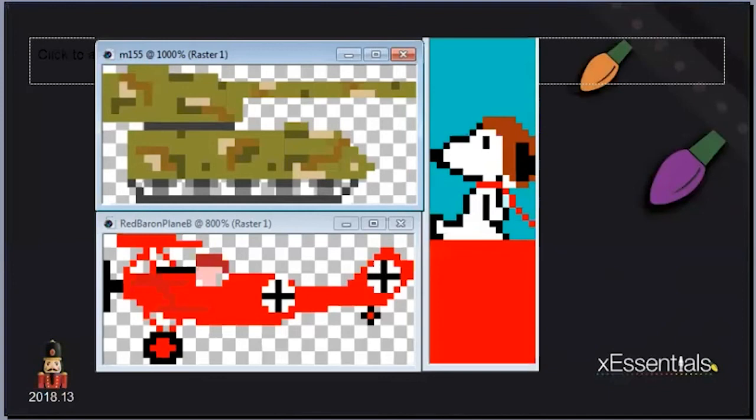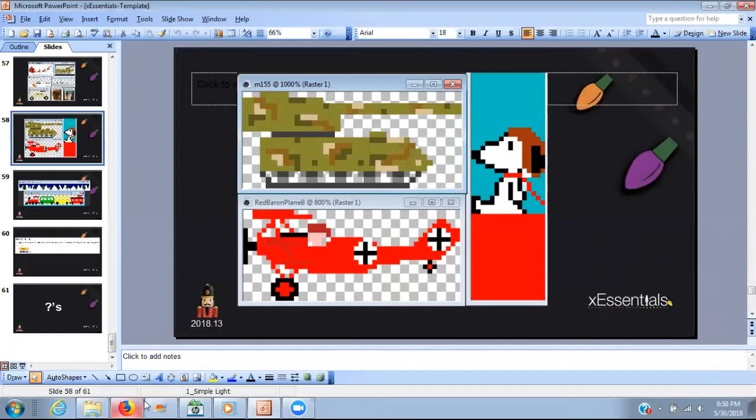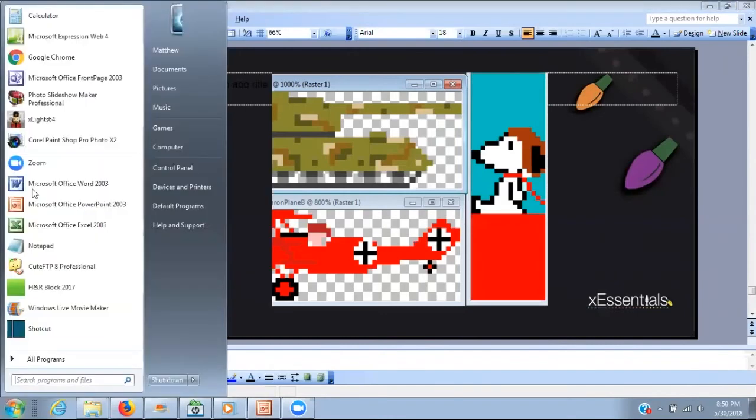Hey, Matthew, just a quick comment. I think you did a phenomenal job with this presentation. The one thing I would say, going back to the other guy's comment, it may be beneficial if you open up one of your sequences so you can show them all the layers you're using on your model and how it actually looks in xLights. You did a great job showing all the pictures, but showing what it looks like when you put it all into xLights would help. Okay, let me